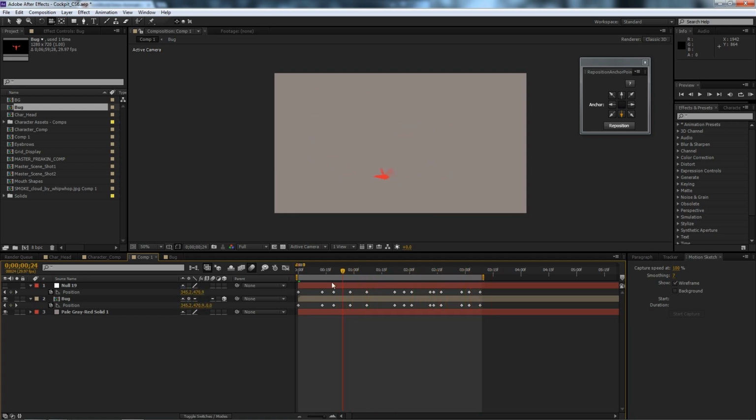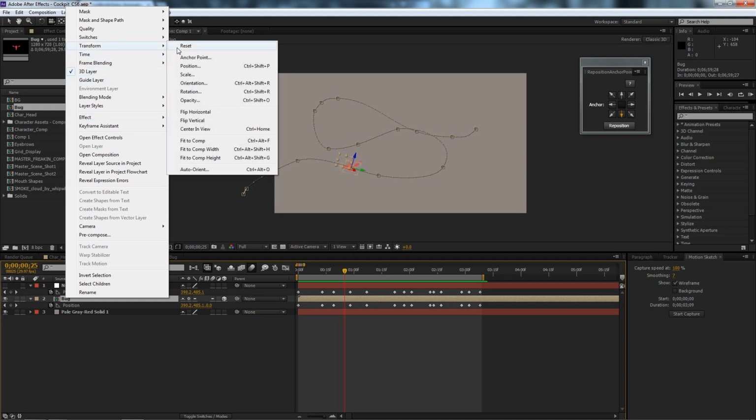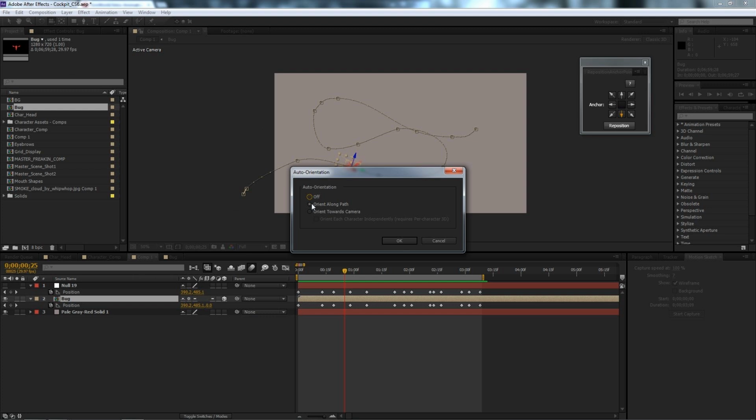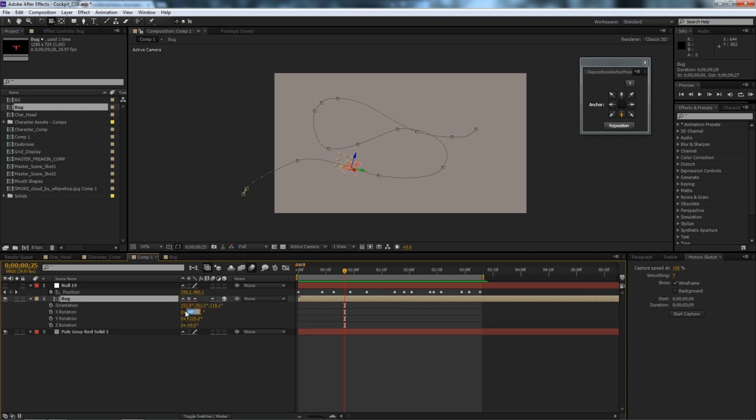And just like that, you can have a bug or fly or whatever you want flying around your scene. It adds a great little atmospheric subtlety. So that's looking cool. You also want to make sure that your layer follows the path. So if you right click on your composition, go to transform and auto orient, make sure orient along path is selected,